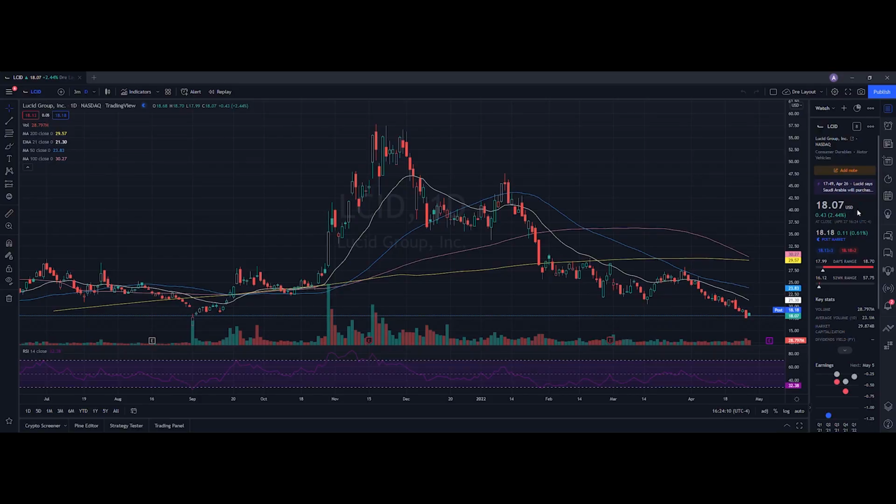So we're going to do a technical analysis for Lucid. Let's see how it performed on the day. So it ended up closing at $18.07, being up 2.44%. On the low, it tested $17.99, and then on the high, testing $18.70. When we take a look at the volume stats on the day, you can see we traded 28.798 million shares, and the average volume over 10 trading days is 23.1 million shares. So you can see we had above average volume on the day, and we did have some strength in the